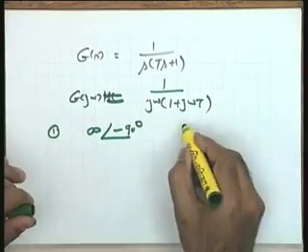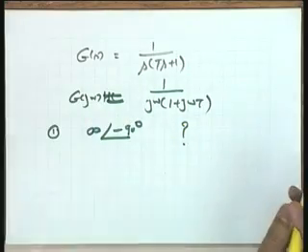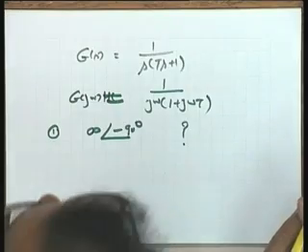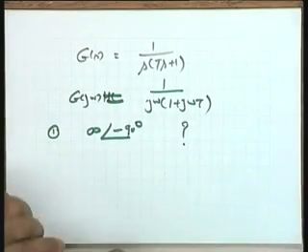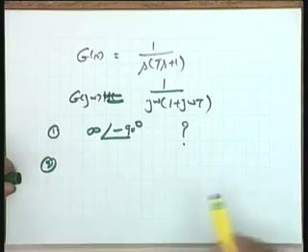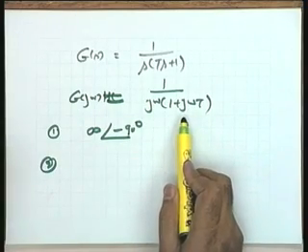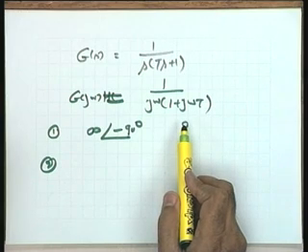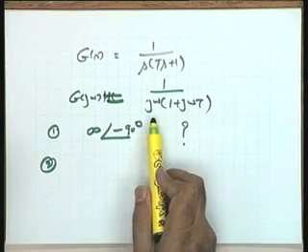Okay, I will comment on this point. If I just substitute omega equal to 0 in this particular case, yes, the magnitude is infinity and the angle is minus 90 degrees. Number 2, omega equal to infinity, if I take, you see that omega equal to infinity, omega equal to 0, yes.